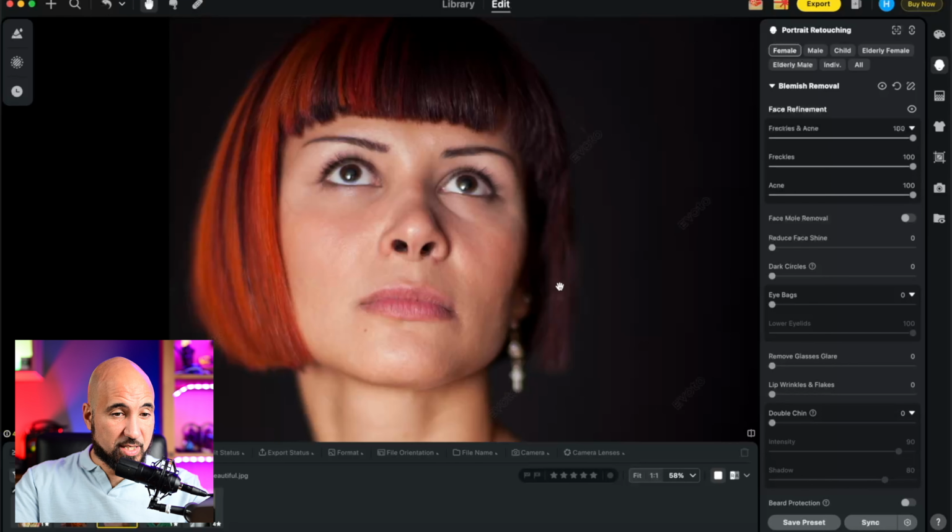Boom, it's amazing. I mean, look at the difference, guys. It's fantastic. I can't believe it. It saves you a lot of time, and in my opinion, it did an amazing job. If you can see here, there is a slider that's called freckles and acne, and this is important because sometimes in the face you don't want to remove all the freckles because it takes away the personality